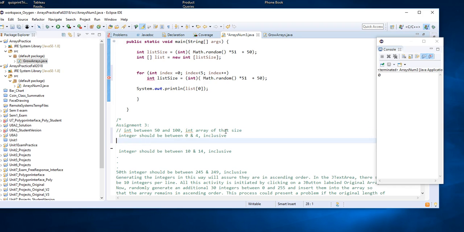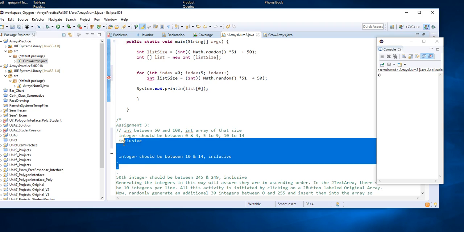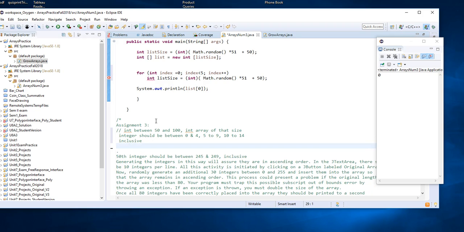Now I just deleted one. But I go 0 to 4, 5 to 9, 10 to 14, etc. And inclusively means including those endpoints. So if we play around with this just a little bit, and I create